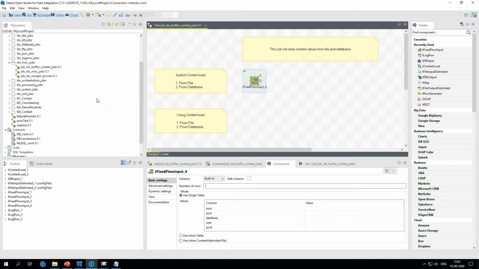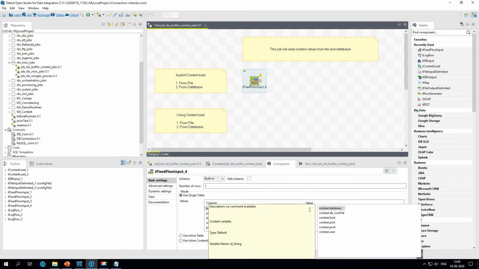All right, so we have created five fields, and the values for these fields will come from the context. For that, what we have to do is just type in context, put a dot, or you can just hit control and then space, and it will show you all the available options in the current job. You will get to see the list of context variables available.